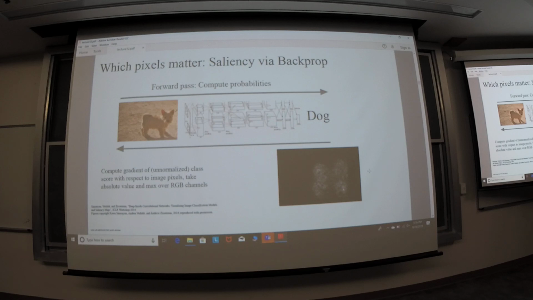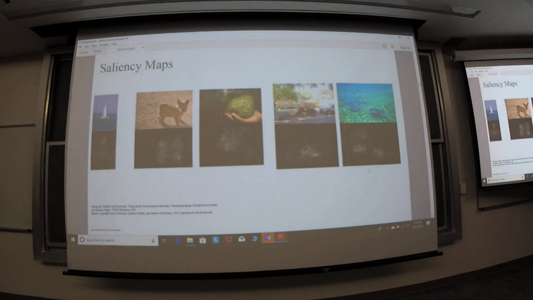So that's another way of identifying which are the essential features of an image which lead to this classification, and these are the results that have been generated for the different classes. It's pretty much able to figure out what is semantically essential for the network to figure out that, okay, there is a dog in this part of the image, and there is a boat in this part of the image, or a car in this part of the